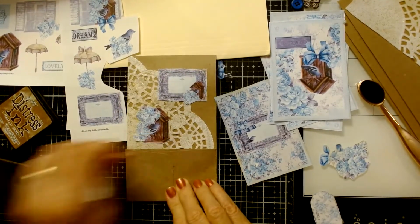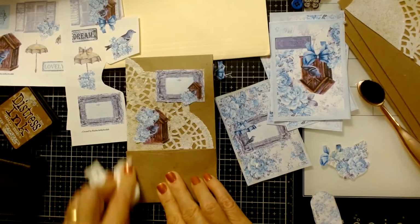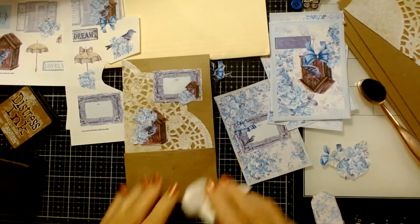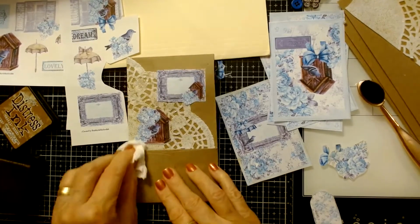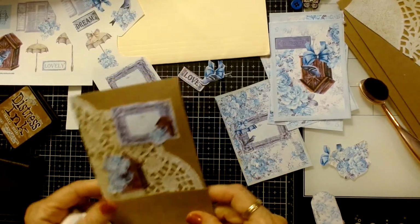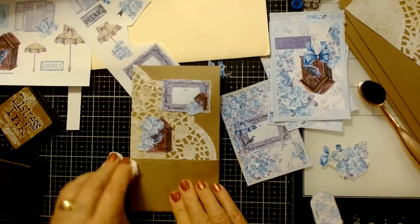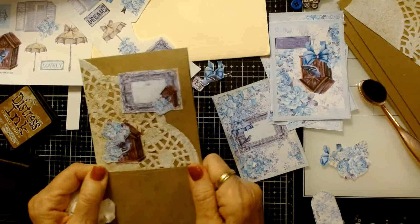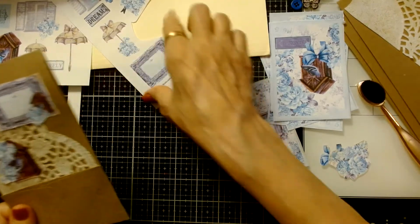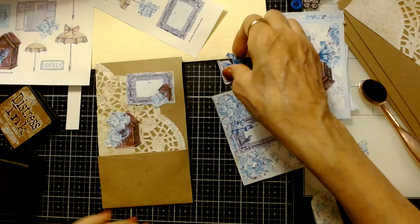It's like the brown, oh, what do you call that? Not construction paper, it's more like, oh gosh, I can't think of it. It's a heavy brown material. It's a thick cardstock. Okay, so